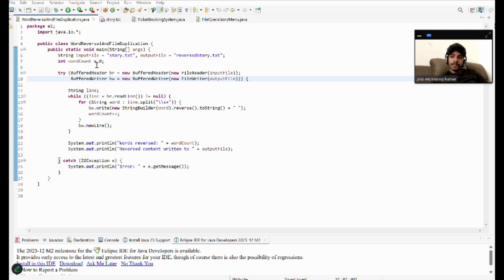This variable keeps track of how many words were reversed. And this line, try BufferedReader br is equal to new BufferedReader, new FileWriter, opens the input and output file safely. Try-with-resources automatically closes the file after the program finishes, so no memory leakage. And String line reads the file line by line until the end,